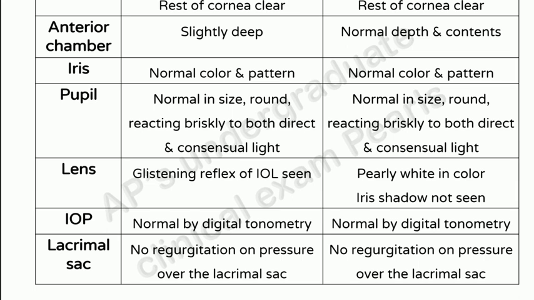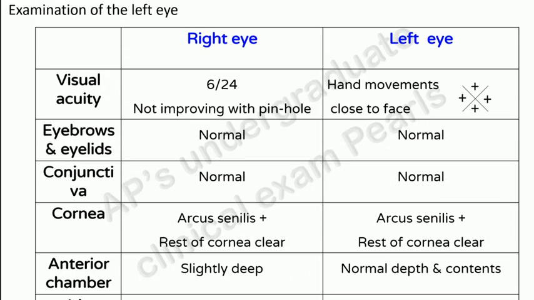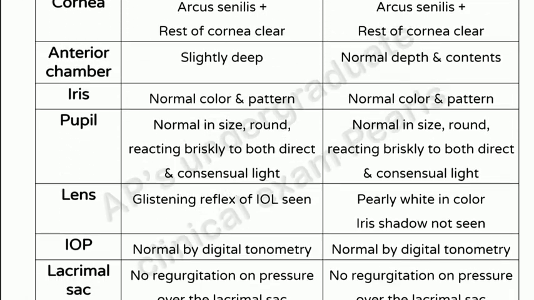round, reacting briskly to both direct and consensual light, lens glistening reflex of intraocular lens is seen, intraocular pressure normal by digital tonometry, and no regurgitation on pressure over the lacrimal sac. Examination of the left eye: visual acuity, hand movements close to face, projection accurate in all four quadrants, eyebrows and eyelids normal, conjunctiva normal, cornea arcus senilis present, rest of cornea clear, anterior chamber normal in depth and contents, iris